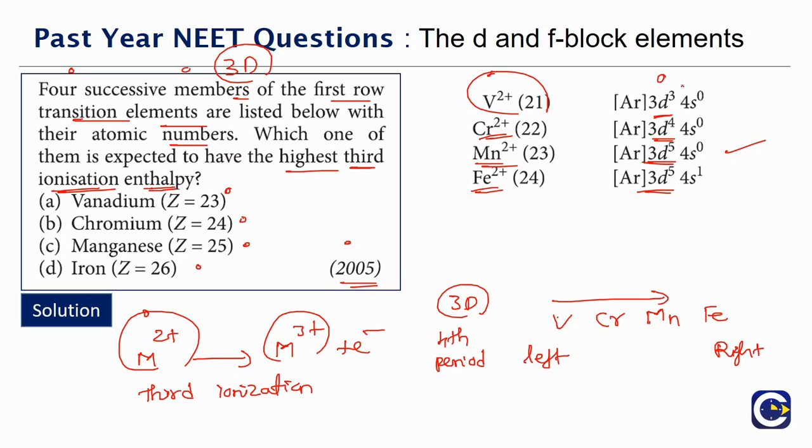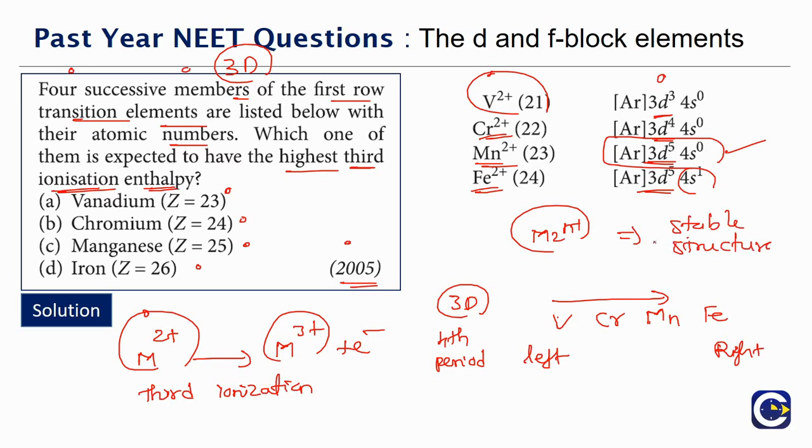See, here if you have to remove the electron, you have to remove it from the 3d3 structure. Here we have to remove it from the 3d4 structure. In this case we have to remove the 4s electron. But in the case of manganese 2 plus, we have to remove the electron from 3d5. Since 3d5 is already a stable arrangement, it will require a lot of energy. So the abnormality of this extra stable 3d5 structure, manganese 2 plus, is having what? A stable structure. Manganese 2 plus is having a stable structure.